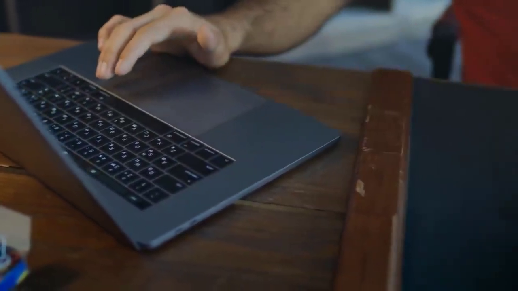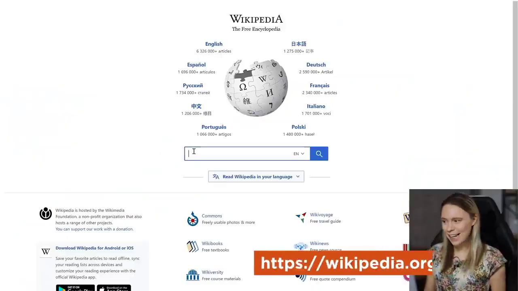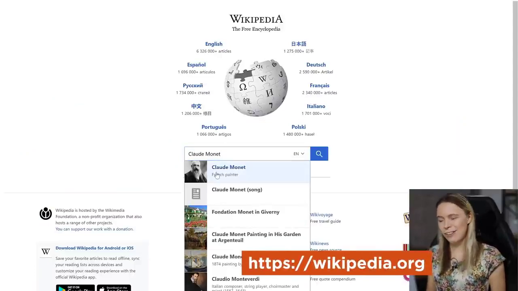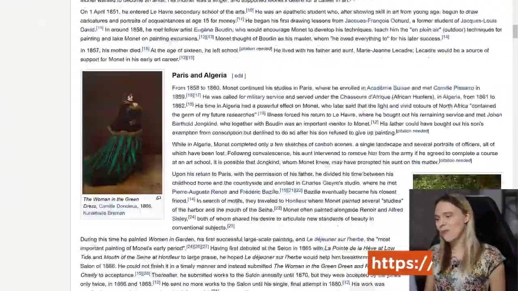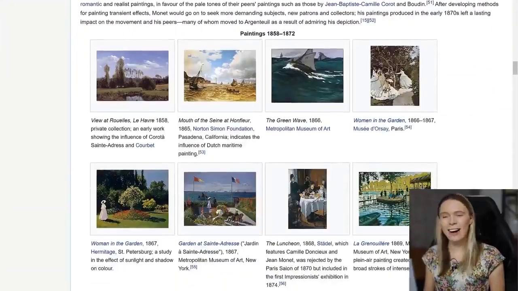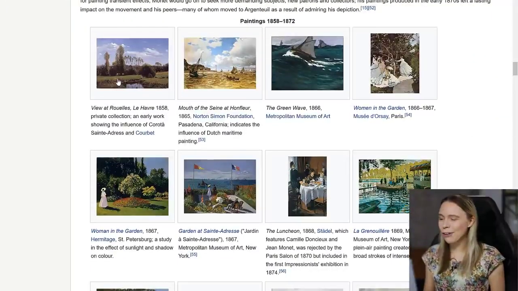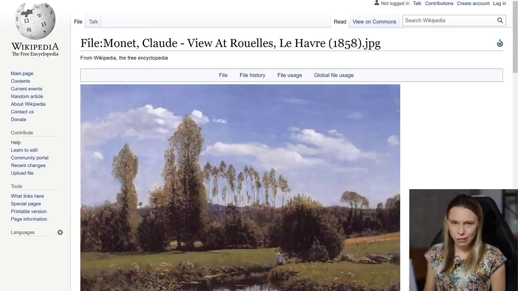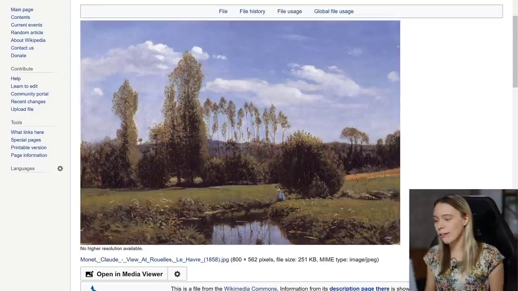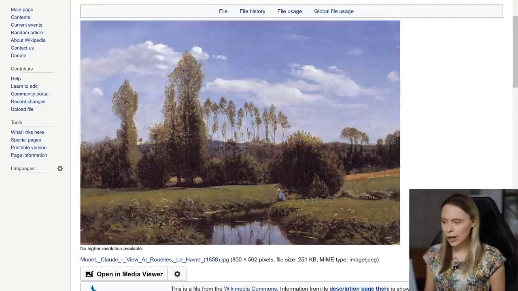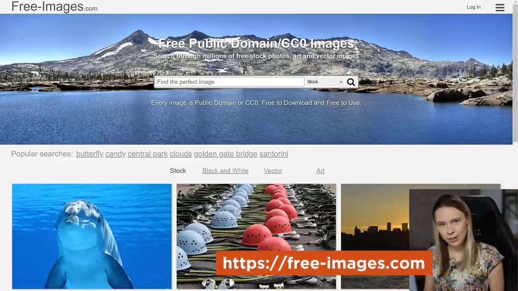And of course, one of those websites is Wikipedia. Now, if you come to Wikipedia and do a search for a famous historical artist, chances are on their Wikipedia page, you will find reproduction photo images in high quality that you can download and print onto products for free. The biggest issue with Wikipedia, though, is that it's slow because you have to know who you're searching for, and so a much faster way to browse through the amazing paintings on Wikipedia is to use this second awesome website here,